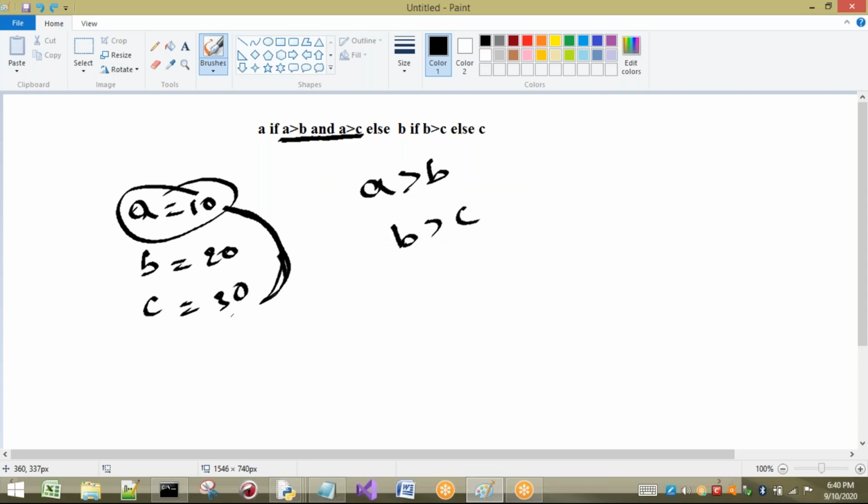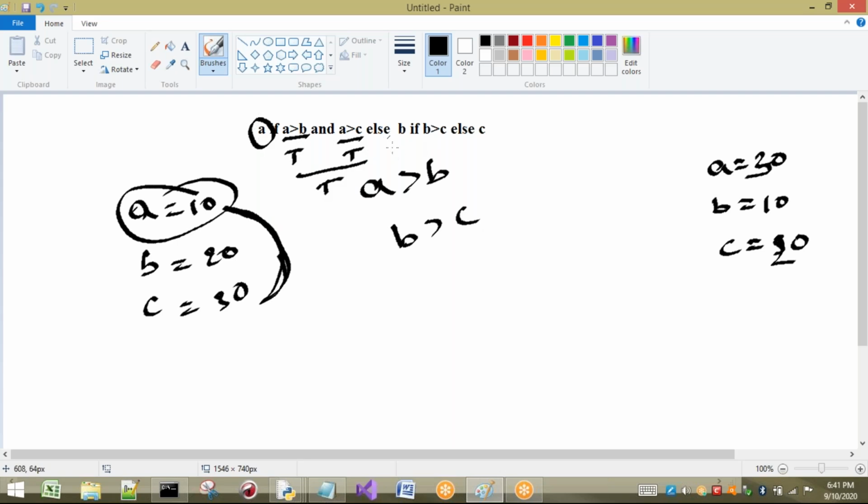Now, one more example I am going to consider here. I am going to take A value as 20, B value as 10, C value as 30, for example. Otherwise, here I will make it 30, here I will make it 20. Now see, A greater than B or not? Yes, this condition is true. Next one is A greater than C. A greater than C or not? Yes, true. That means, true and true is what? We got true. So directly I can go to A. No need of checking other conditions.